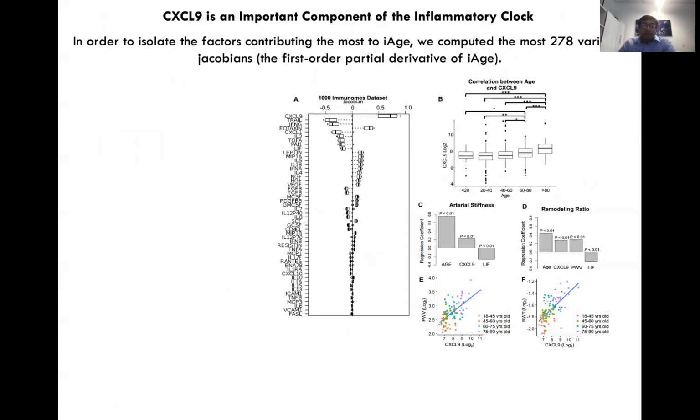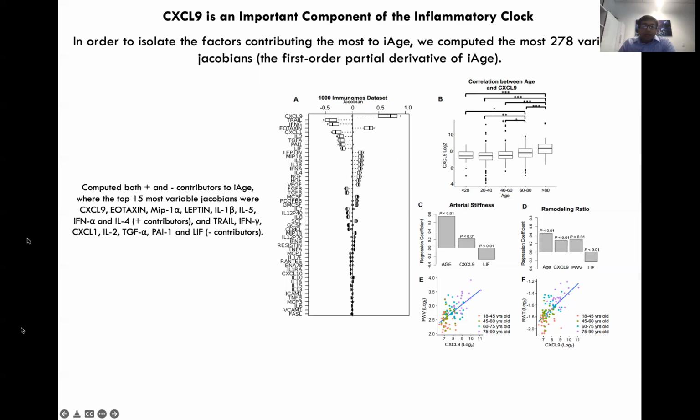Next, we set about trying to identify which could be the different biomarkers, which could be the cytokines, that are important components of the inflammatory clock. For that, we computed this iAge using the proteomics analysis which we had performed on these different cohorts of individuals, young and old. You could clearly see that we found both positive and negative contributors towards the inflammatory age. And the top candidate was CXCL9, a cytokine which is